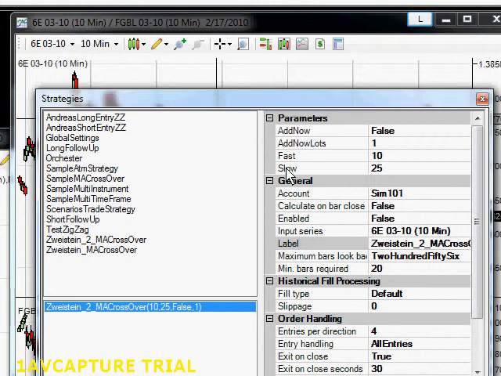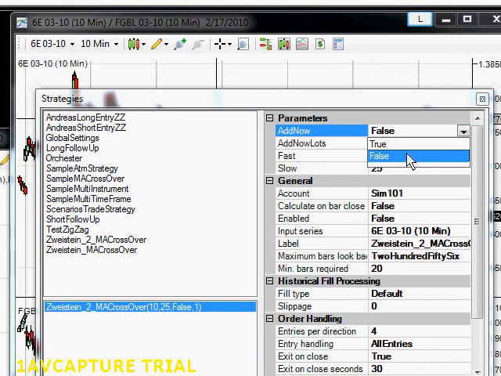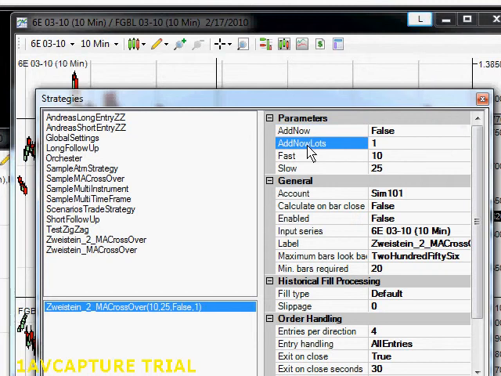Same parameters as we know from the example strategy supplied by NinjaTrader. And then we also have two other parameters. One is called add now, and it's a boolean, and it can have true and false value. And then we have a fourth parameter which is called add now lots. I'll explain later what this button will do. Basically what we will do is with these two parameters we can control when the strategy will enter additional positions. Okay,